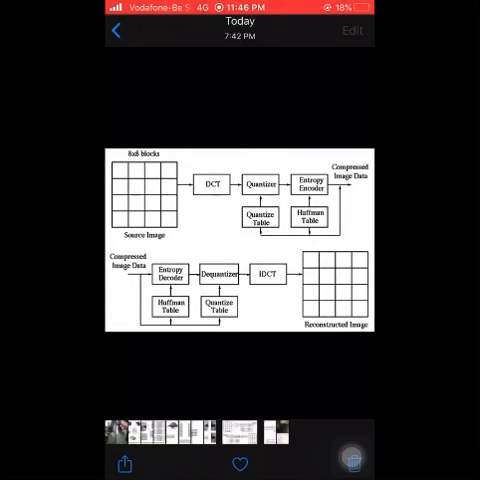It is a widely used technique. JPEG stands for Joint Photographic Experts Group. Now this is the block diagram of JPEG. At the input we have an 8x8 block, which is not the image but a part of an image. It is a chunk of an image which is fed to a DCT, that stands for discrete cosine transform,